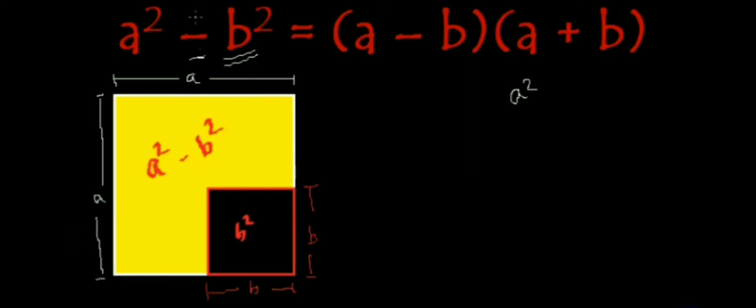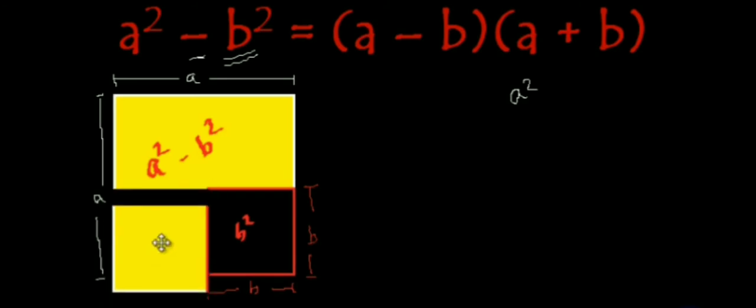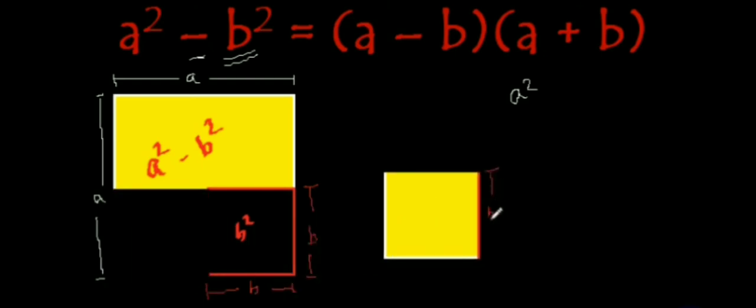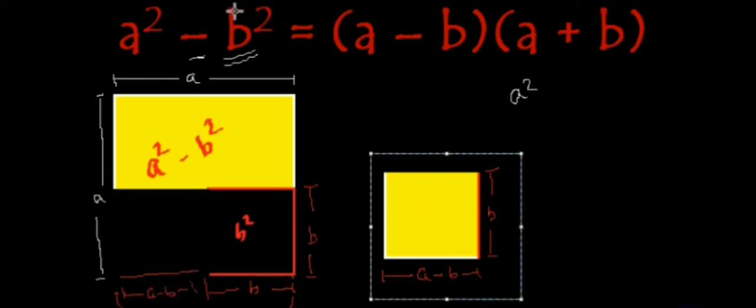And if I cut this figure from here, this much will be equal to B, right? And this much will be equal to A minus B, right? This portion belonged over here where this much is B and the whole was A. So this much portion will be A minus B, right? And now I'm going to join this over here. And before joining, I'm going to turn it by 90 degrees.